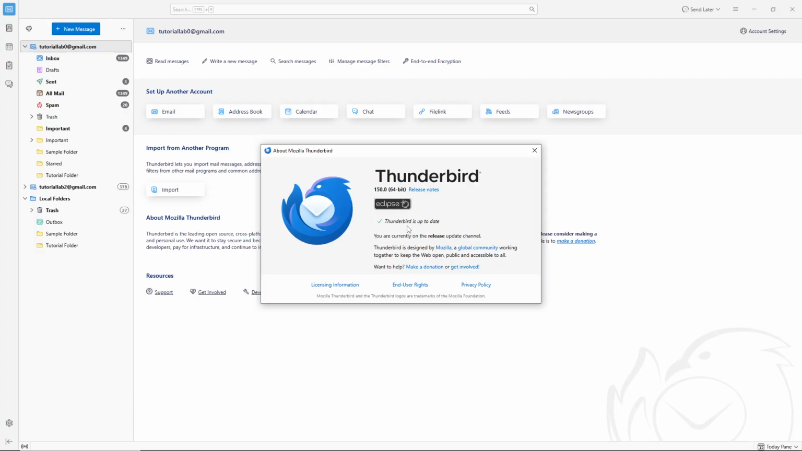And that's it. Your Mozilla Thunderbird email client is now updated to the latest version with all the newest features and security